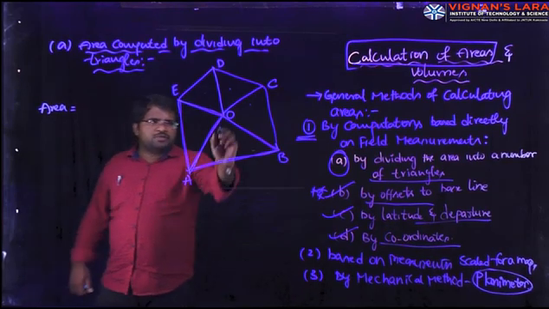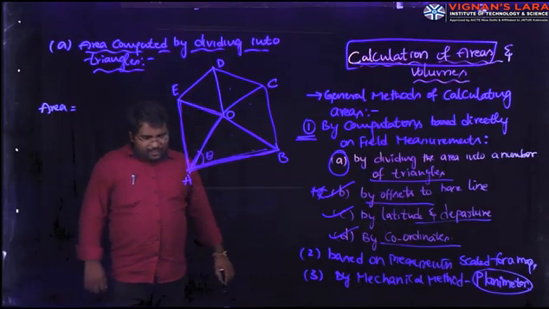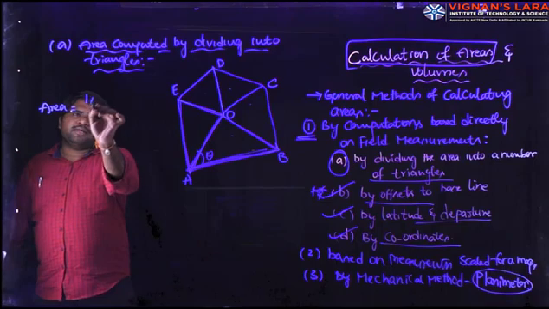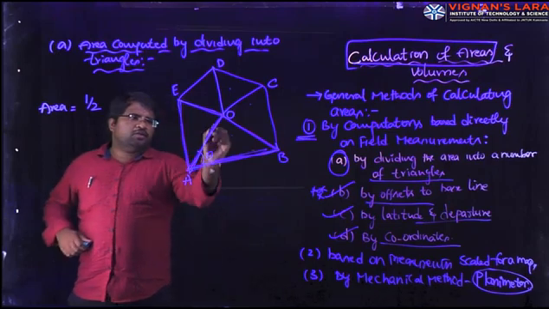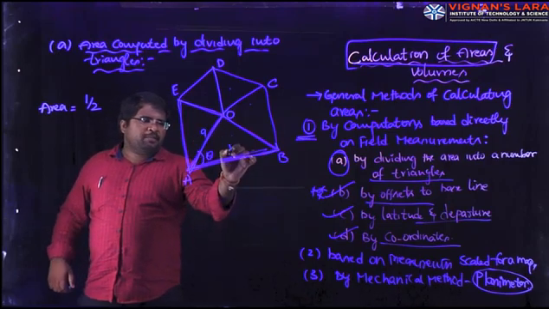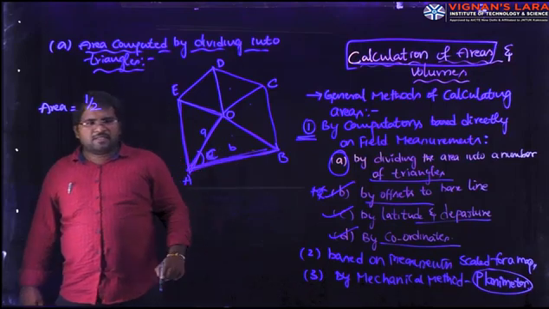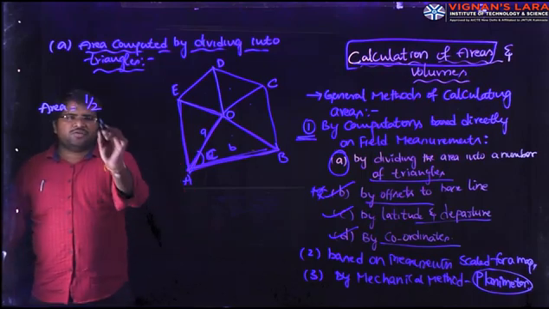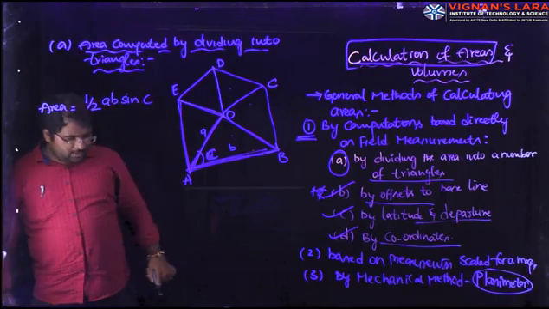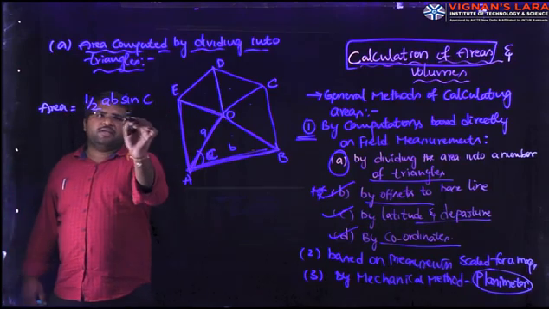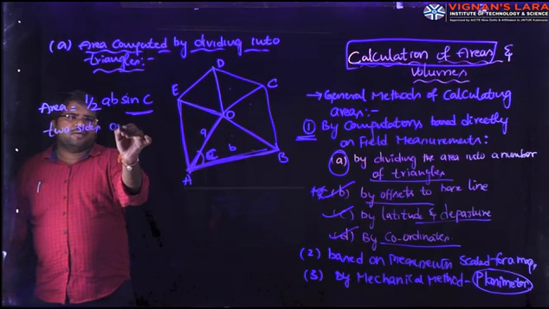two sides, any two sides. This is one side, this is another side, and if you also know the included angle, the area will be given as half into, suppose I take the two sides as A and B, and instead of theta I take the included angle as small c. Then the area is half into AB into sine C. This is the area when I know two sides and one included angle.